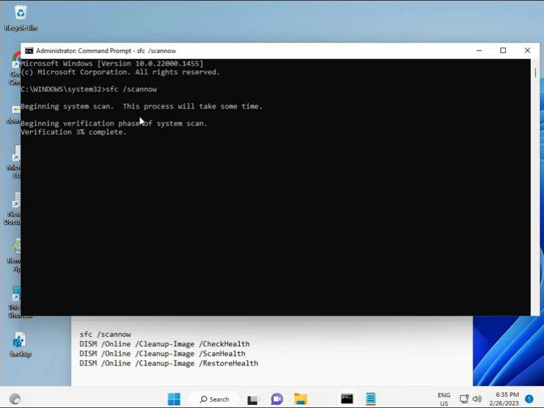sfc /scannow. You look at the screen. So when you enter it, some percentage starts and it finds out any corrupted files. Okay, and then